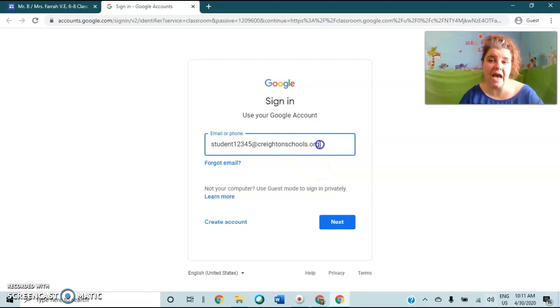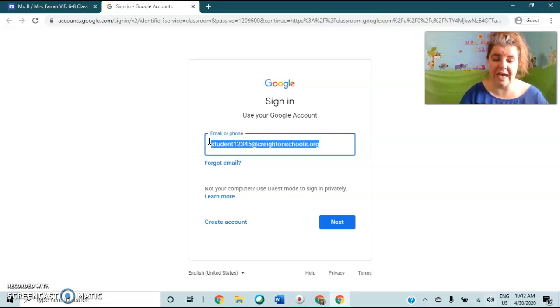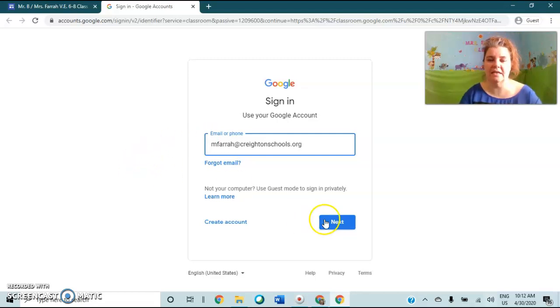Now for this next step, you will need to get a hold of me to get your password if you don't already know it. I'm going to go ahead and sign into my account so we can see what it looks like, since there's not really a student 12345 at our school. So when we sign in with these, they are called credentials. When we sign in with our credentials, it's going to ask us